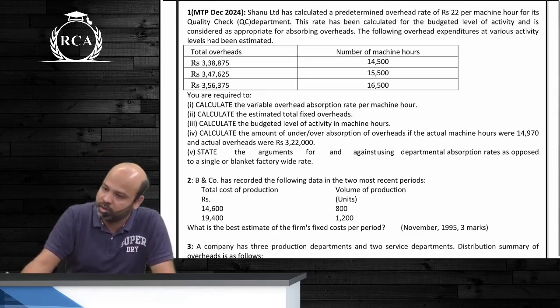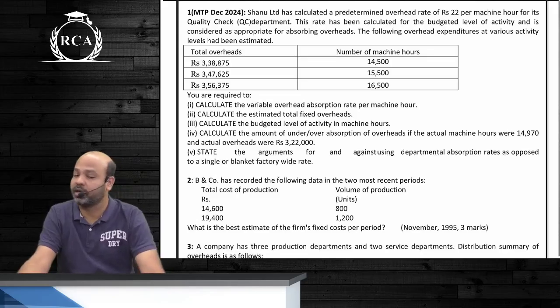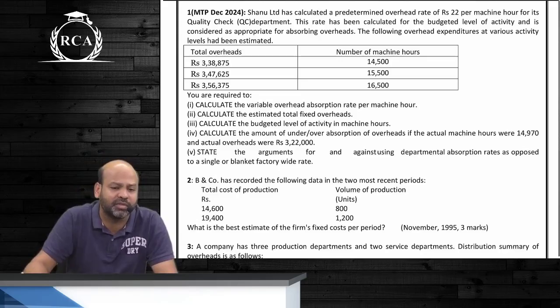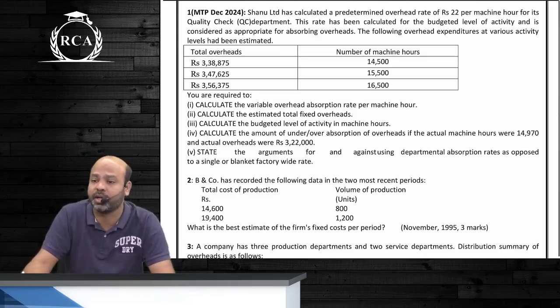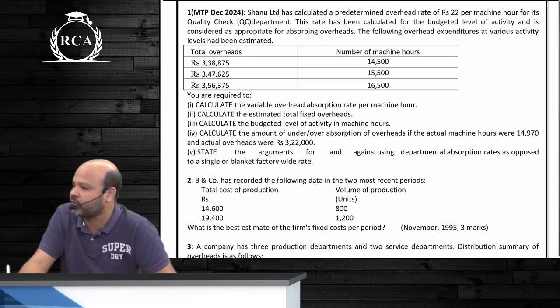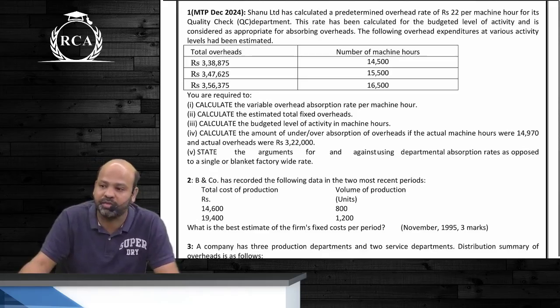8,000. That is on account of 1,000 machine hours. So 1,000 machine hours of incremental activity is increasing your expenditure by 8,750 rupees. How much will be your variable rate per machine hour? Very good. Once you get this variable rate per machine hour, beta, you will remove this 8.75 per machine hour